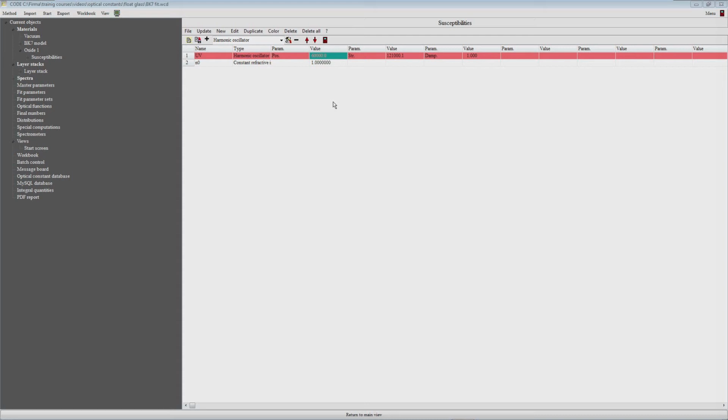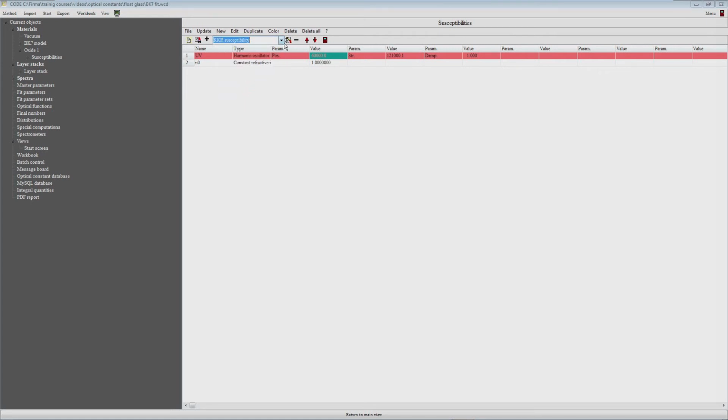And then you have the real part and the imaginary part. And I have implemented a susceptibility object that does exactly this, that does the reconstruction of the real part. And this object is called KKR susceptibility. And we have to define and declare all interband transition models